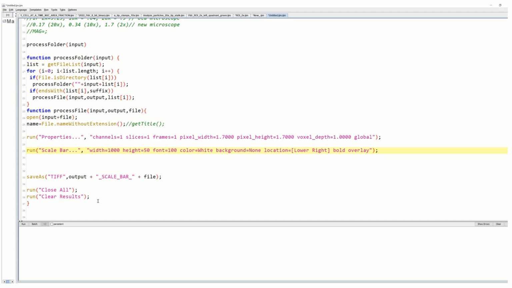And that's what you want, because there was a time when I didn't know about these lines of code, and I would have to manually go in and close, and sometimes I have like 1,000 images, so it would take forever. So all right, the next thing you do is you go to File, Save As,